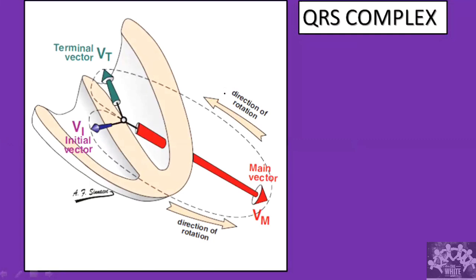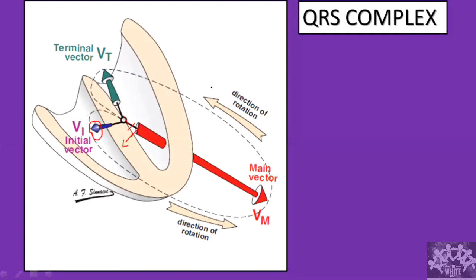Okay, and then it came and activated the ventricle. So the first part to get activated is the interventricular septum. It has a peculiar way of activation for reasons not very clear. There is some variation in the electrical windows on the left side and the right side. Through these, the first activation is in this direction, shown here by V1. This is the initial vector.